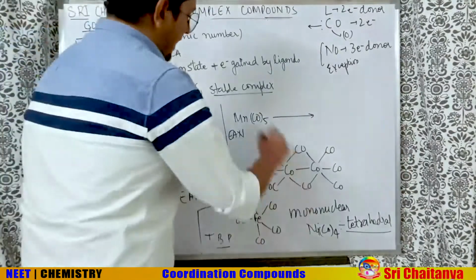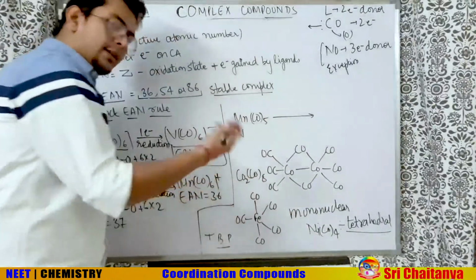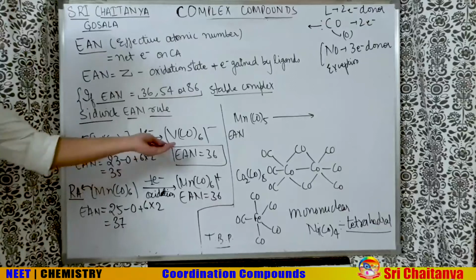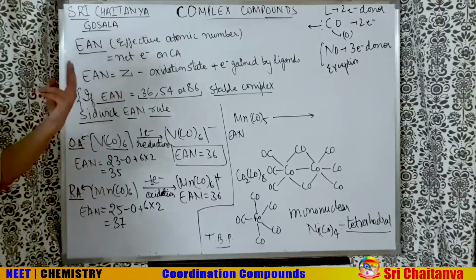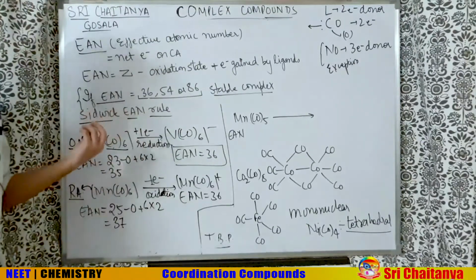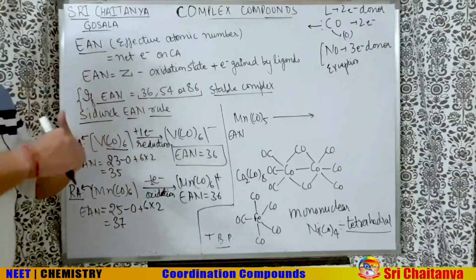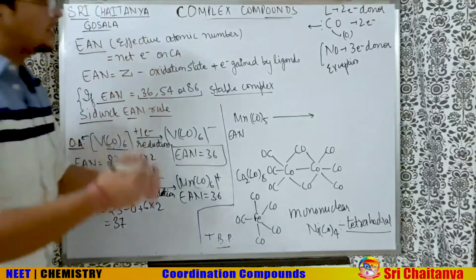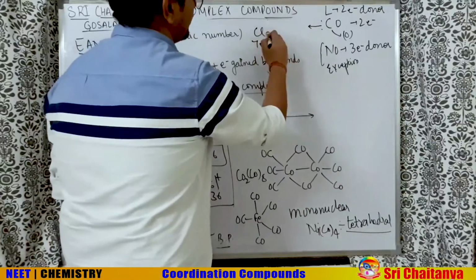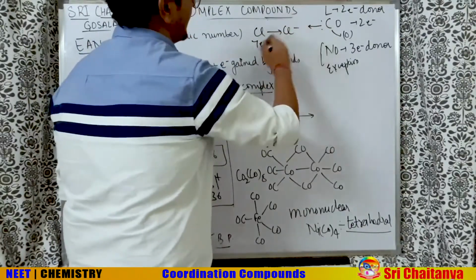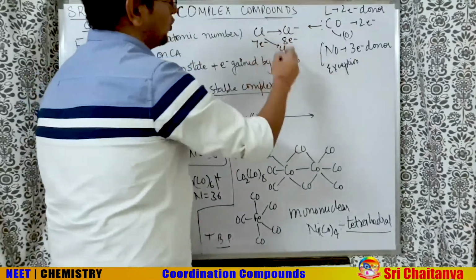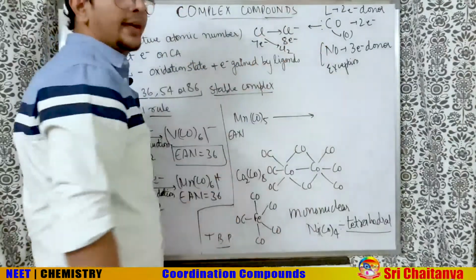One more I can say, Mn(CO)5. There is another way. For example, you are 1 electron short of getting 36 EAN. There are 2 ways of getting it. One, you can add 1 electron and get reduced, or you can share 1 electron with another species like you. Just like chlorine has 7 electrons in the last shell, it has 2 ways of getting the octet. It either takes 1 electron and gets the octet, or it becomes Cl2. That is, by sharing also its octet gets completed.